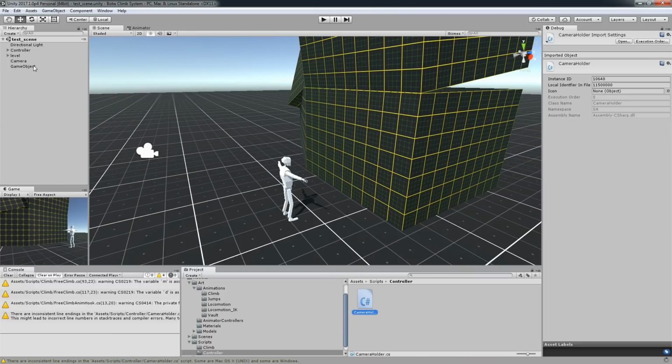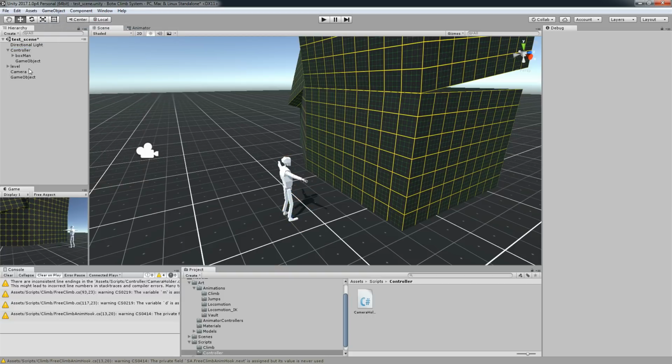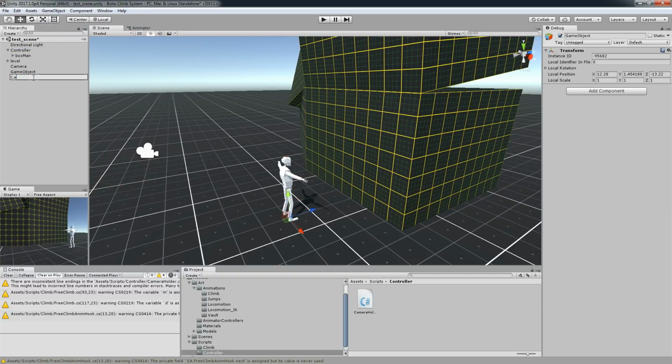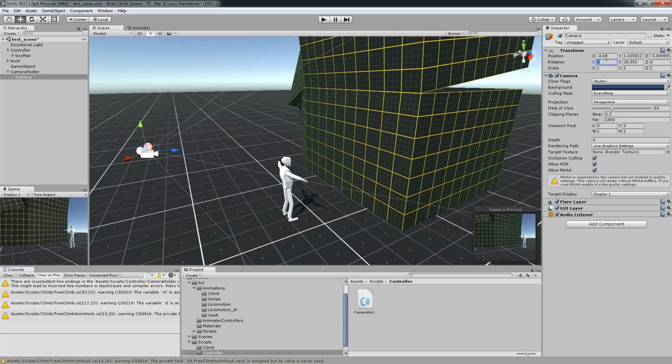Let's ignore him. We're just going to create an empty right underneath the character, call this camera holder, drop the script, let's change into normal mode, no debug, take the camera, zero everything.